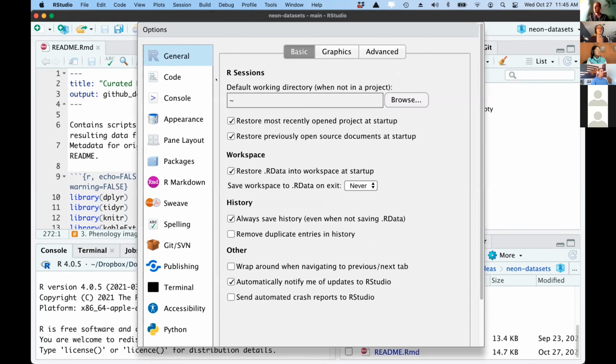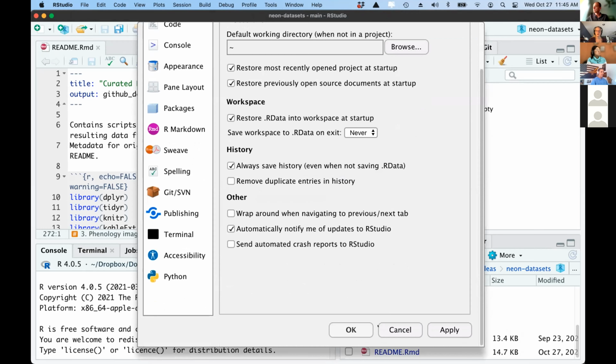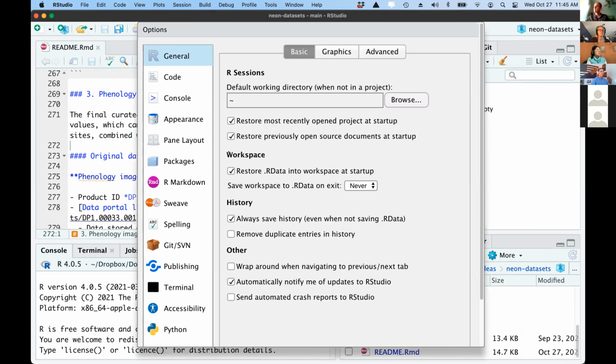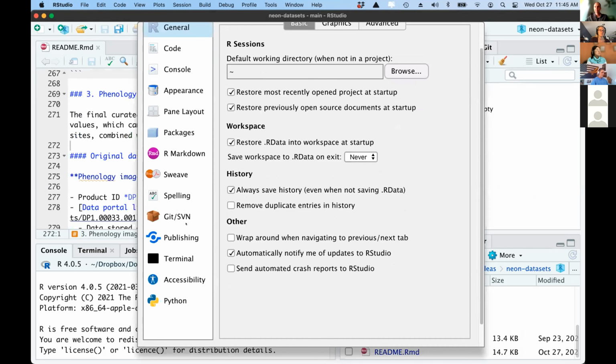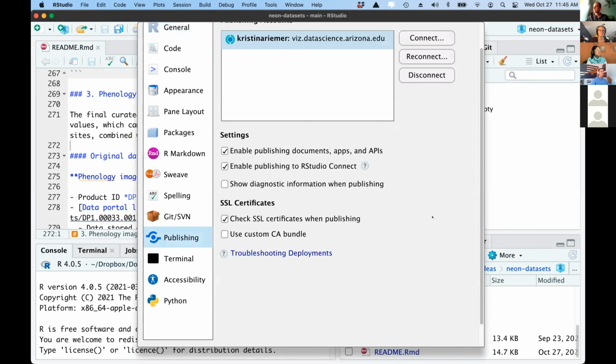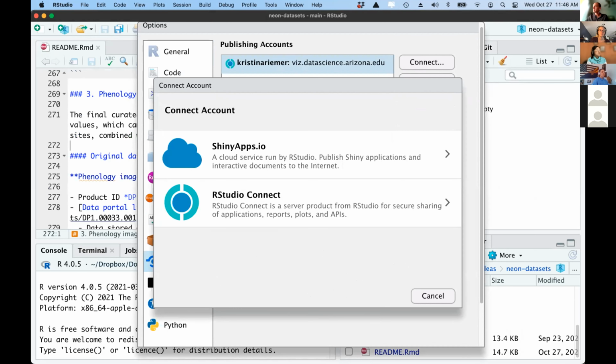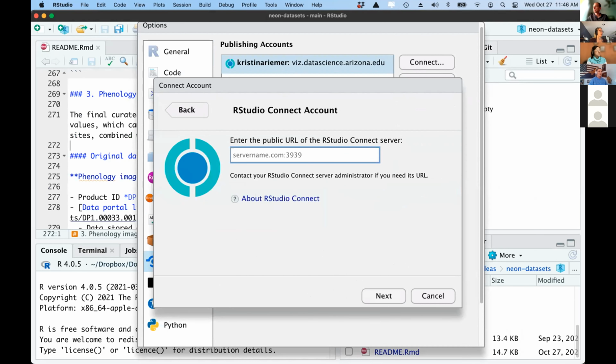Yep, okay. Yeah, so if you go back up and do that again. If you go up to tools in RStudio and you go to global options, you should be able to go to this publishing tab right here. And you can already see I'm already connected, but if you click connect and then choose RStudio Connect, and then